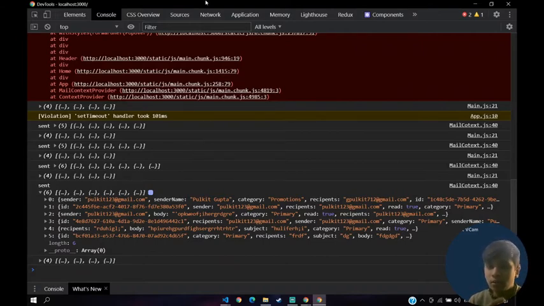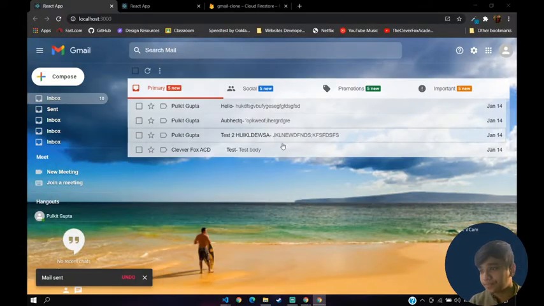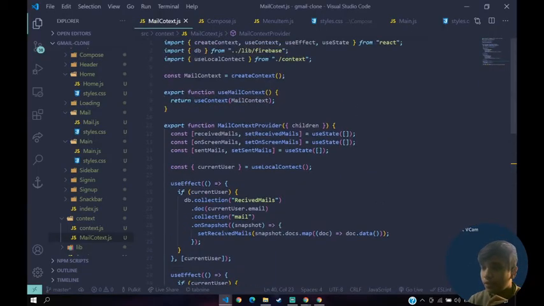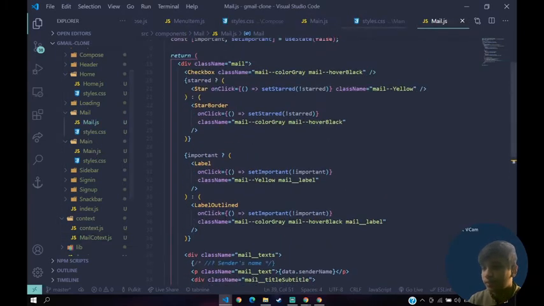We don't need to change anything inside of our mails now, right? Okay, we have one thing also left. Before we begin with that, let's go to our mail.js.